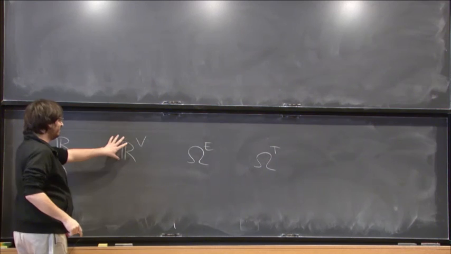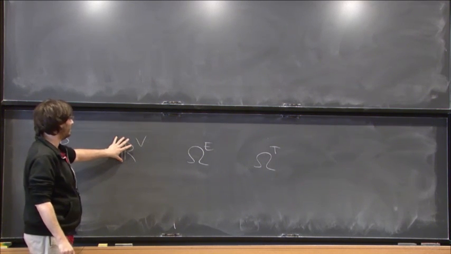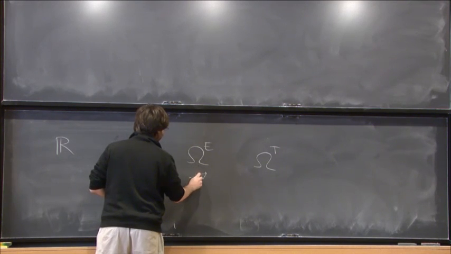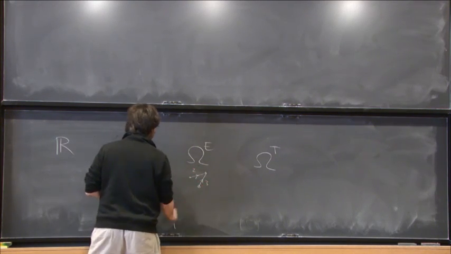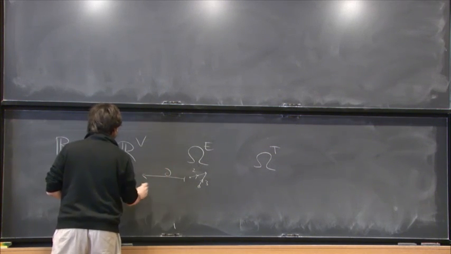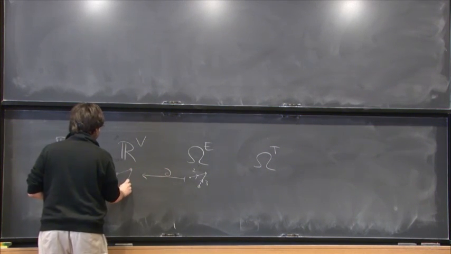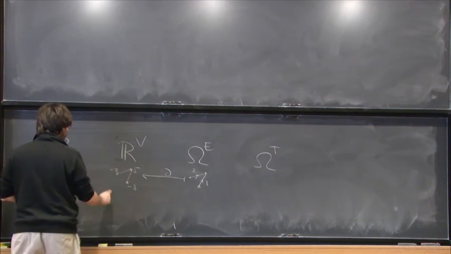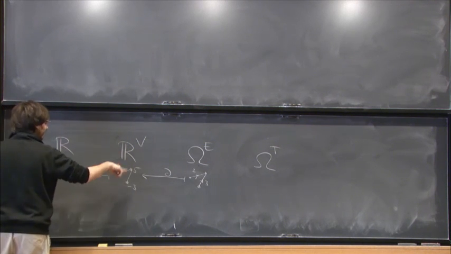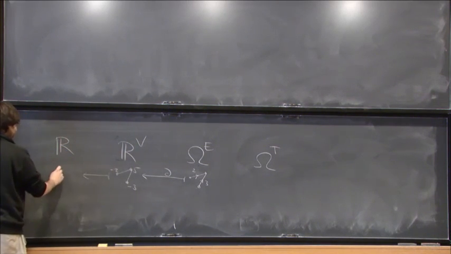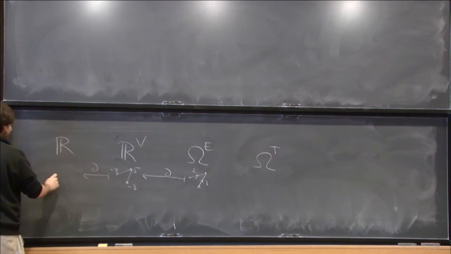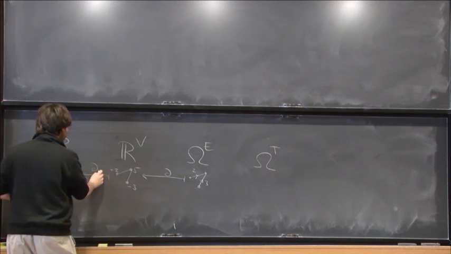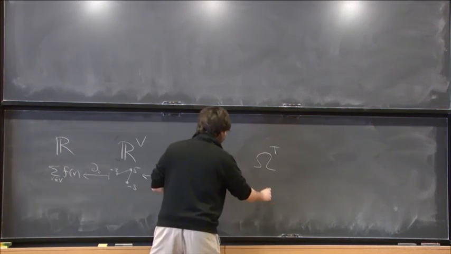We have functions on the vertices of a complex and flows on the edges, and given a flow like this, its boundary was the boundary of the flow, and given a function on the vertices, its boundary was the sum over all vertices. This is the zeroth boundary, the first boundary, and the second boundary was